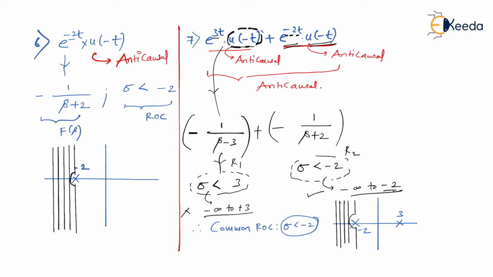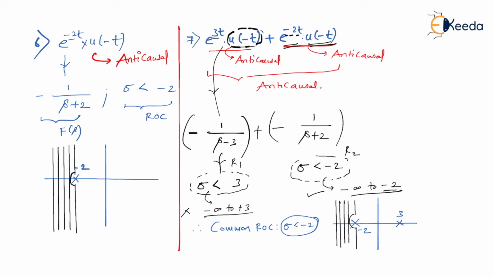Am I right? So let me conclude for anticausal the way I concluded for a causal function. In an anticausal function, how do we identify it is anticausal? Because individually it is anticausal, and a linear combination of anticausal signals results in anticausal only. Imagine graphically we have some left-handed signal, a signal which is 0 on the right hand side. Imagine another left-handed signal, also completely 0 on the right hand side. If these two signals are added, I'll get a third signal, which will naturally be left-handed. Therefore, the linear combination of anticausal functions results in an anticausal function only. I hope you got my point.